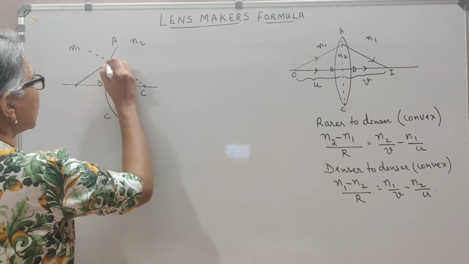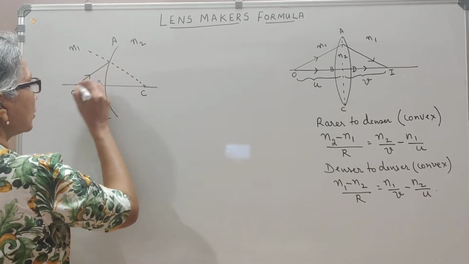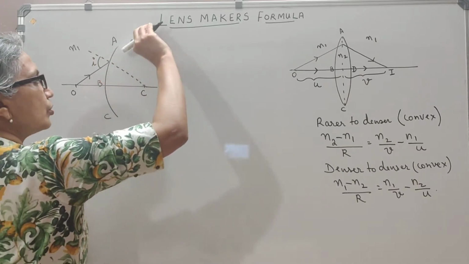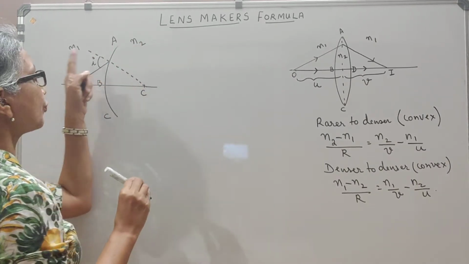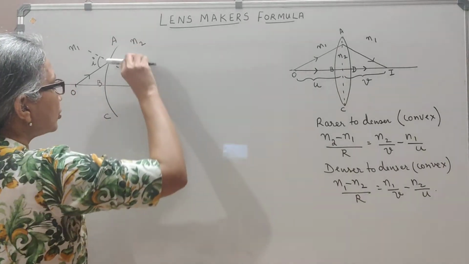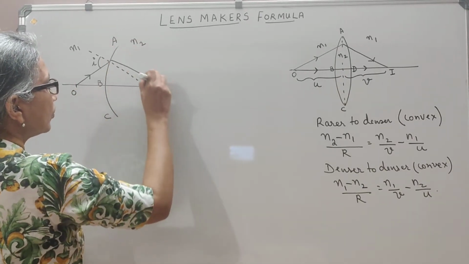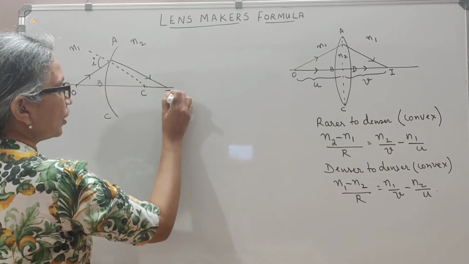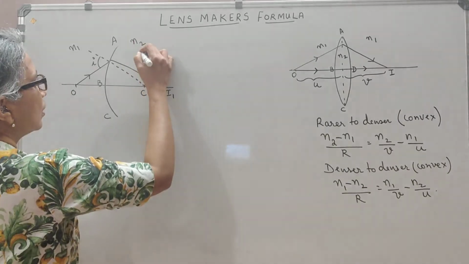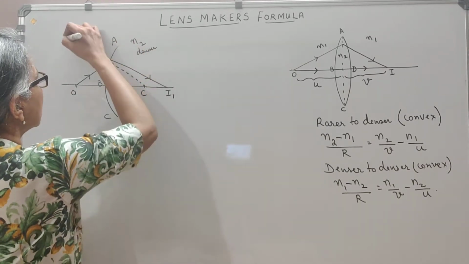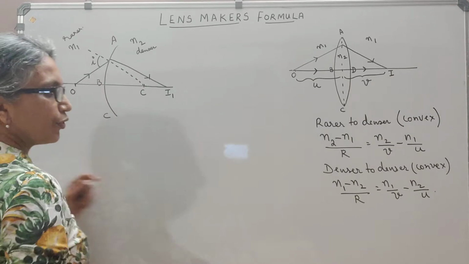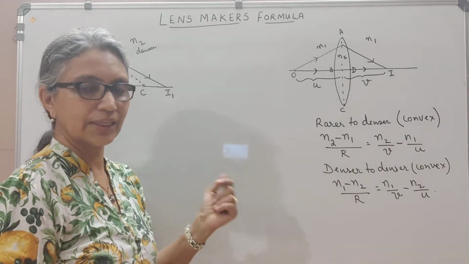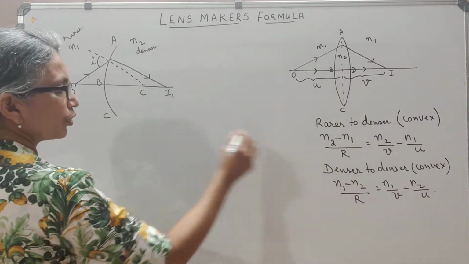So we have a ray of light passing from the object. This is the incident ray, so this is the angle of incidence. This ray would have continued like this, but because it is passing from rarer to denser, it will bend towards the normal, giving you a first image which I'm going to call I1. This is the denser, the glass lens. This is the rarer. This is our first derivation which we did in the previous session. So my equation for this will be this one.